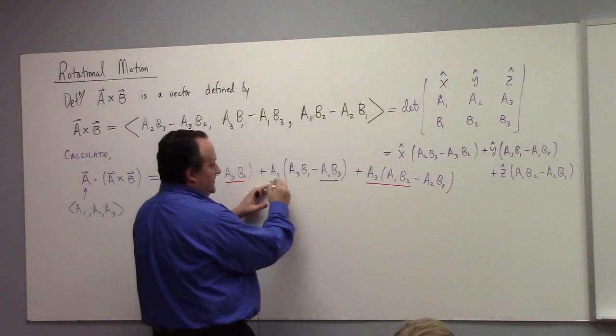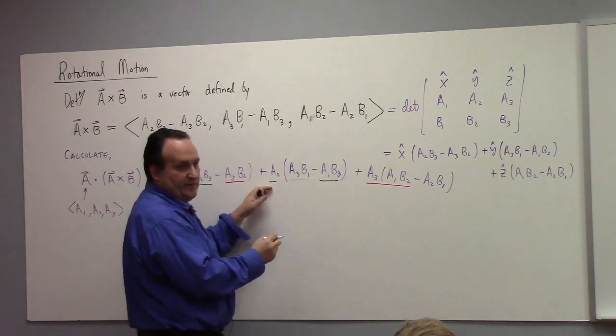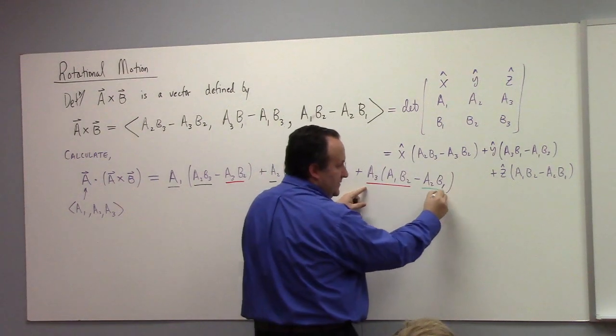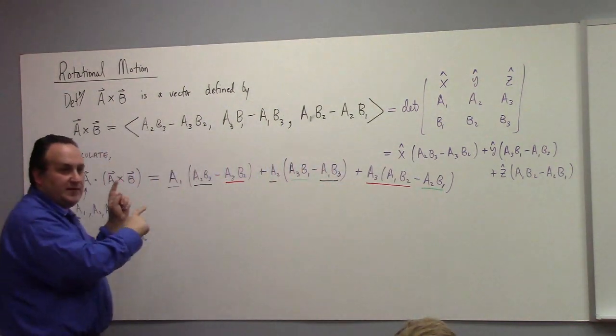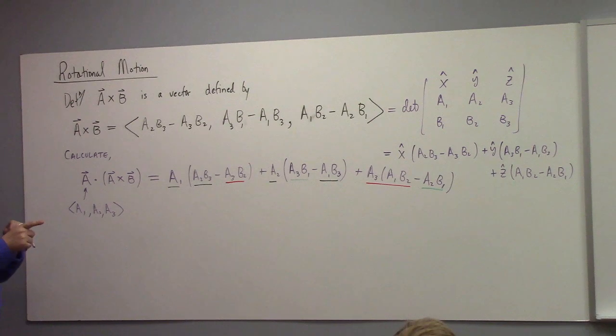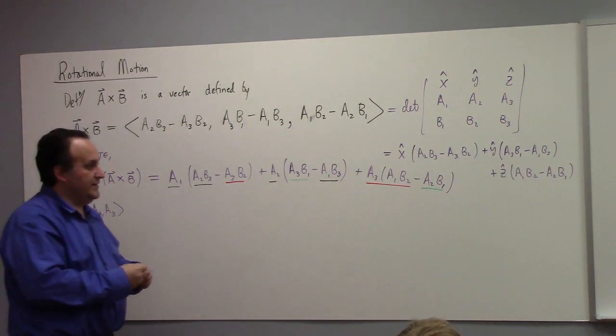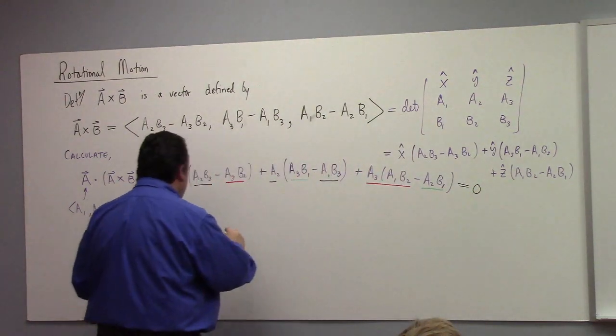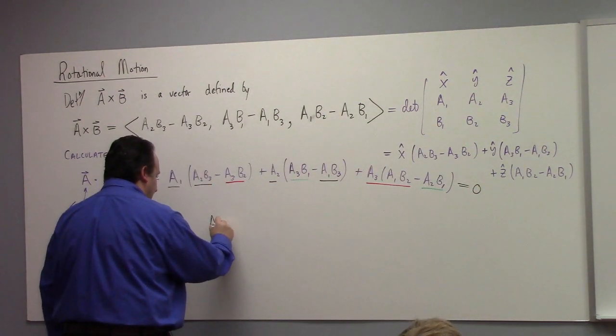We have this A2, A3, B1 term. Where else do we have one of those? How about over here? A3 times A2 times B1. However, what's the difference? Plus and minus, right? So we have 6 total terms, and they cancel in 3 pairs. And what's the net result? 0, right? 0. So what I've just shown you is that if we define the cross product as I have,